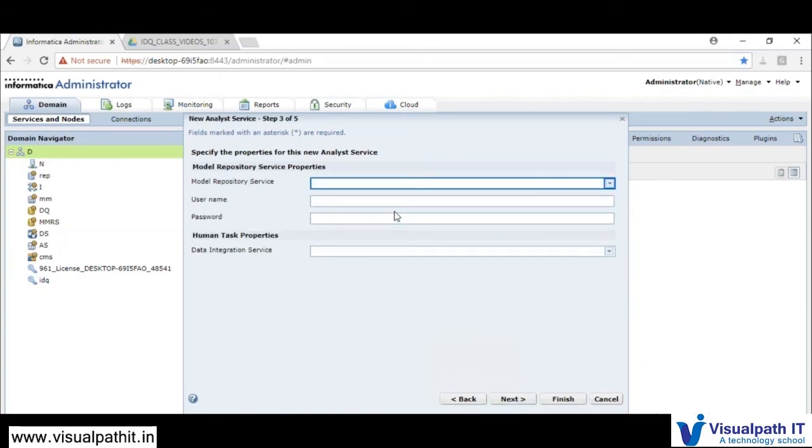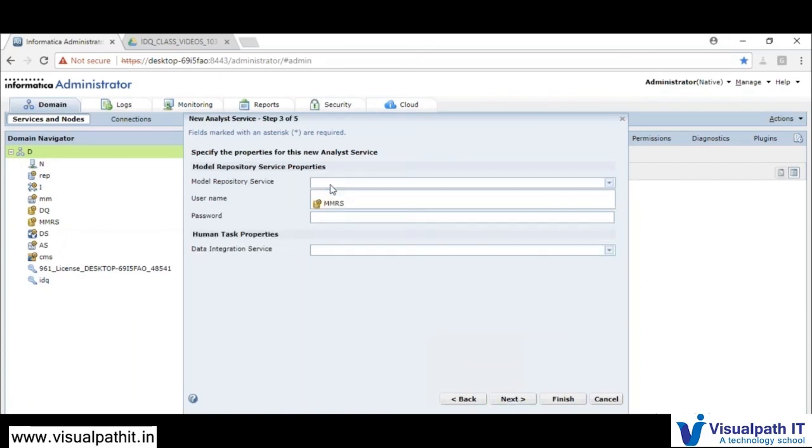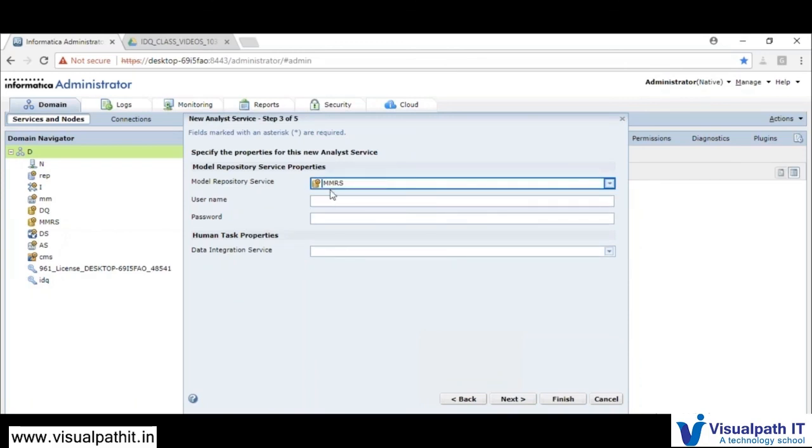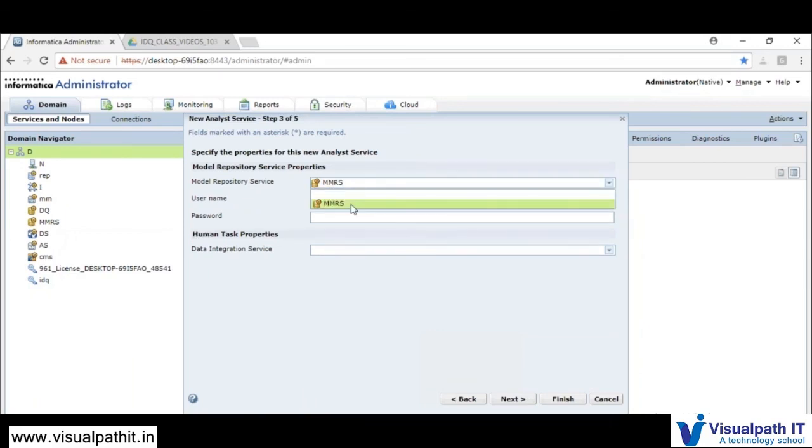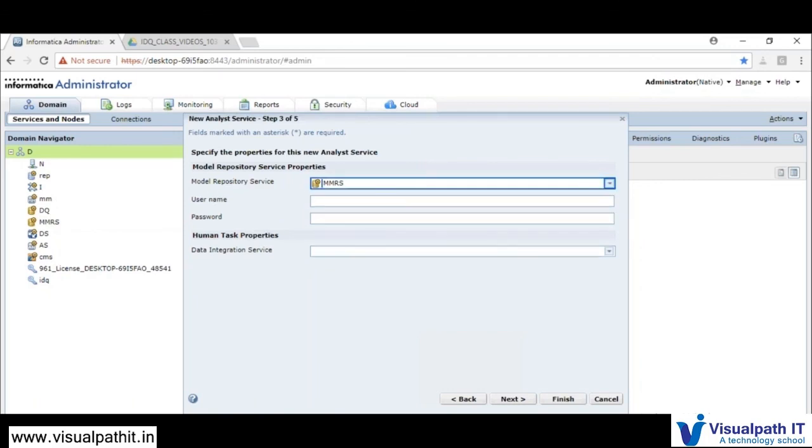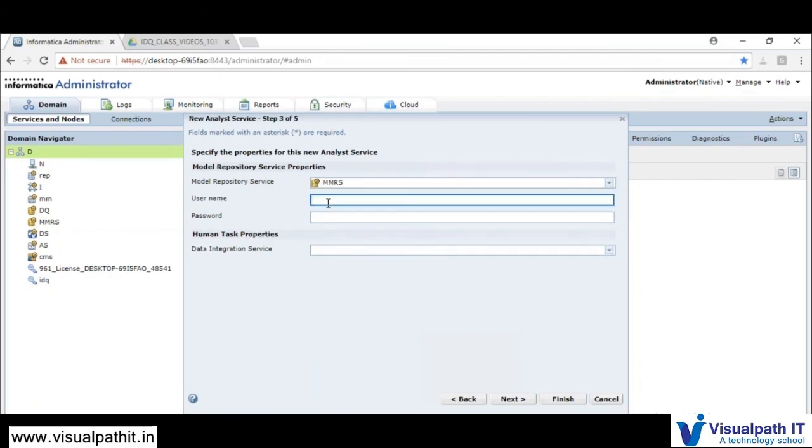Once that is done, you will select the model repository service. As it is already tied up with another model repository, it is showing the MMRS, but the actual model repository service is your DQ. So you will select the model repository service and provide the username and password.